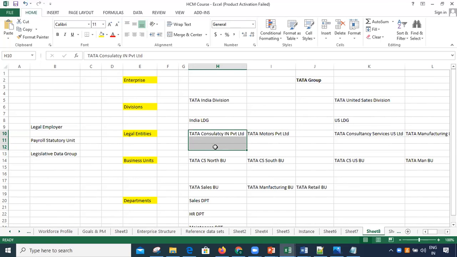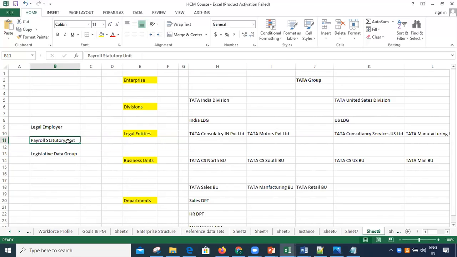Fine. That is a legal entity, legal employer, and also it is a PSU. So it itself will pay the salaries to its employees. But my client is telling me that for Tata Motors also, for all the employees in Tata Motors, this TCS only is going to pay salary as well. I'm not having the payroll functionalities or payroll wing in my Tata Motors. Tata Consultancy is going to take care of processing the salary for employees in Tata Motors.